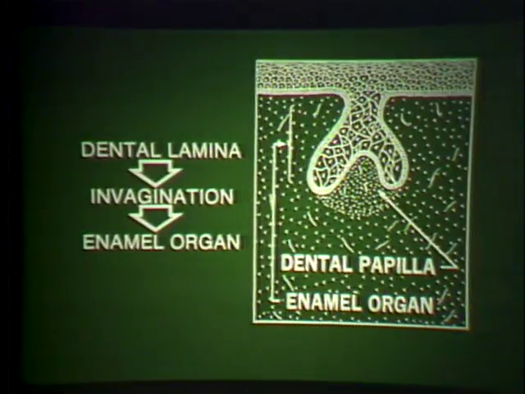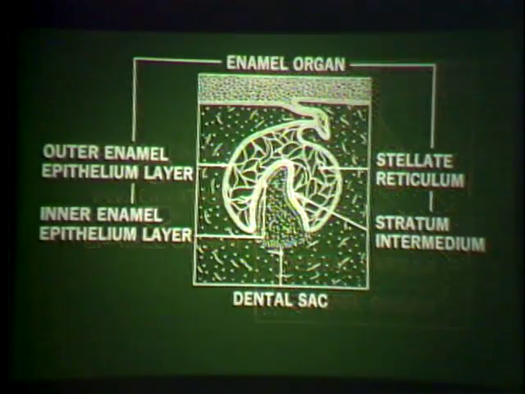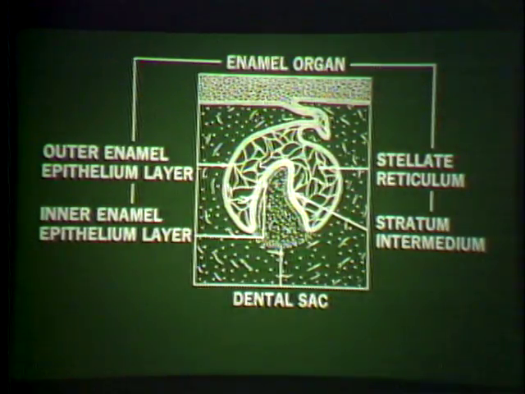At the same time, the embryonic connective tissue immediately below the invaginating cap is stimulated to rapid cell proliferation, producing a segment of condensed cells called the dental papilla. From the dental papilla, at a later stage, will be formed the dentin and pulp of the tooth. Further proliferation of the epithelial cells at the deep margins of the cap expands the enamel organ to a bell-shaped